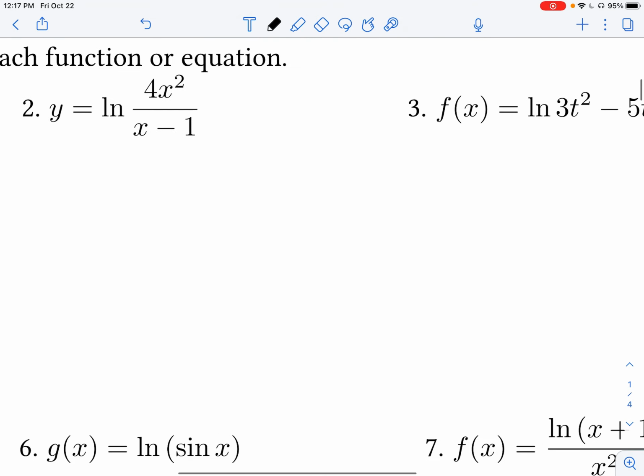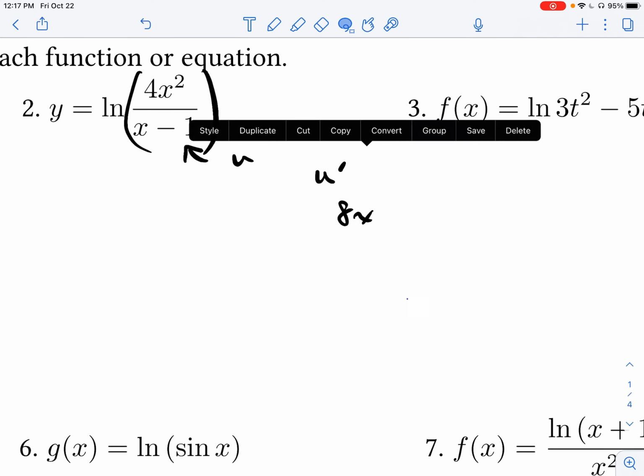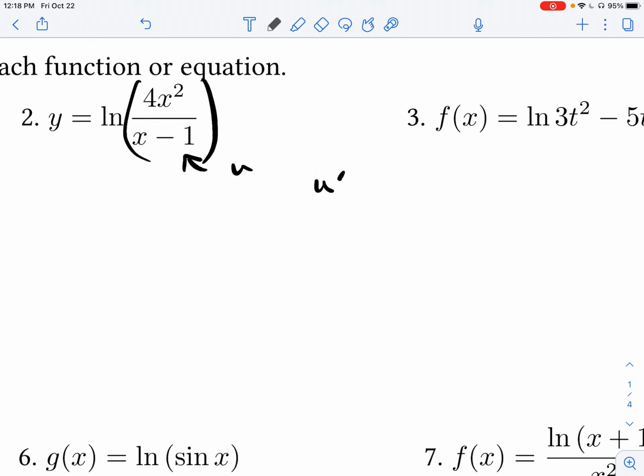Let's try something like number 2 here. For number 2, we're going to treat all of this here as our u. So what is u prime? Well, if we're thinking about this using our quotient rule, let me actually make some space here. You can just write this as u prime is equal to the derivative of my numerator, which is 8x, times our denominator, x minus 1,